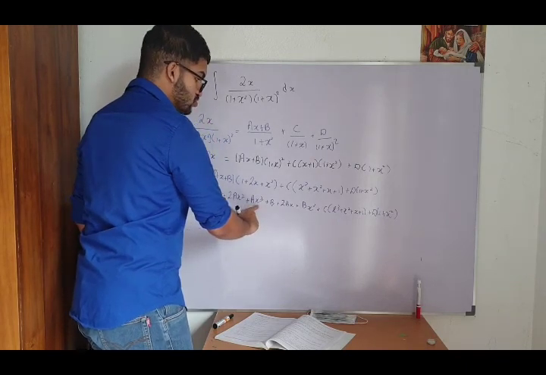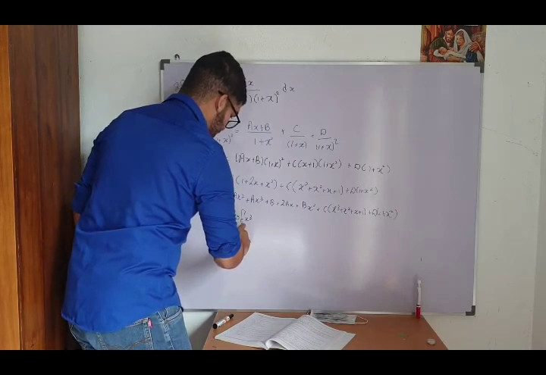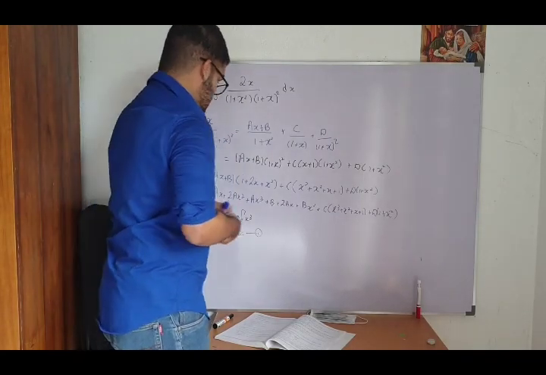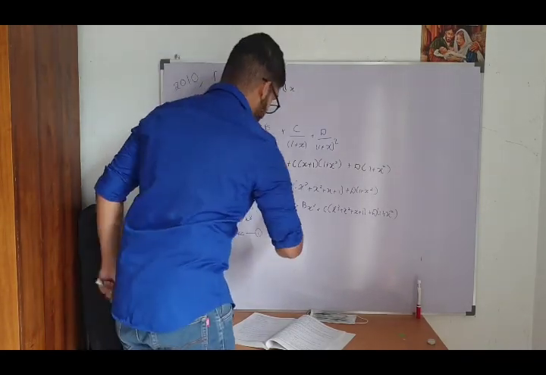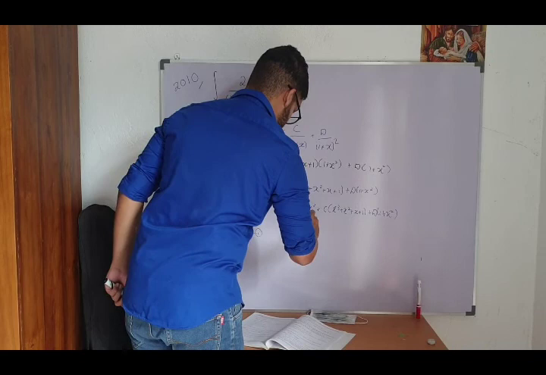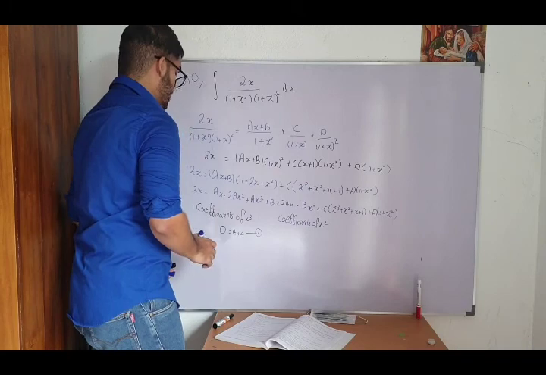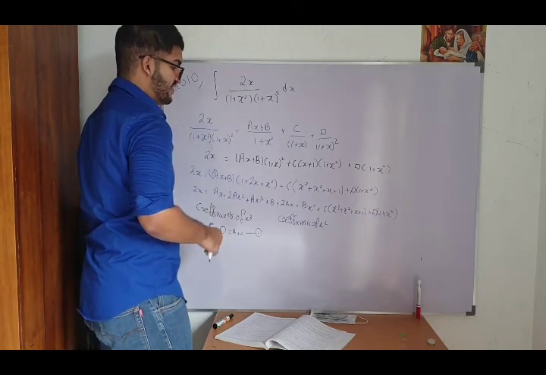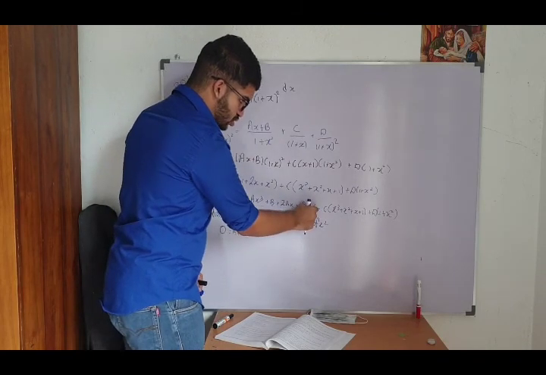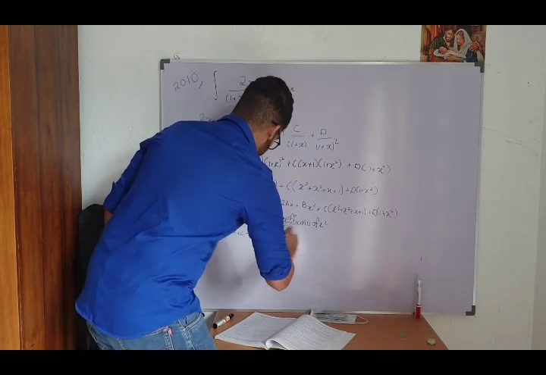So here you have x cubed, here you have x cubed. So therefore 0 equals a plus c is the first equation you obtain. And the next thing you should do is find the coefficients of x squared. In order to find the coefficient of x squared, you should first consider this x squared, this x squared, this x squared, and then this. Right. So 0 equals